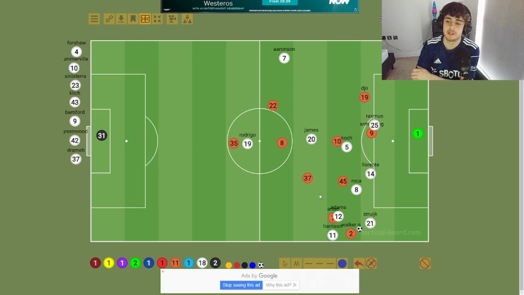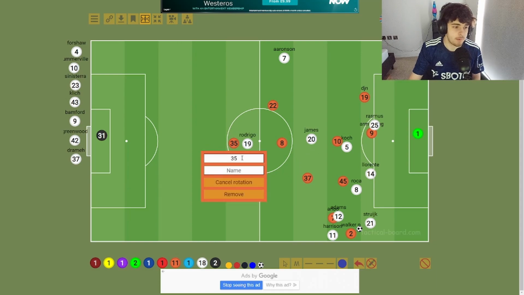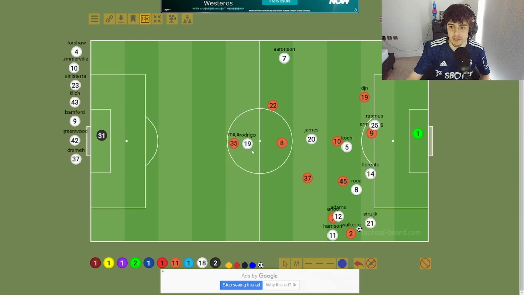So what created the goals? So what happened was they take off Bednarek, which I believe was 35. They brought on Madja. I think it's Madja. So I'll just say his name. Something like that. So they took off a defender and brought on another attacker. Like, they were going for it. They were really going for it.